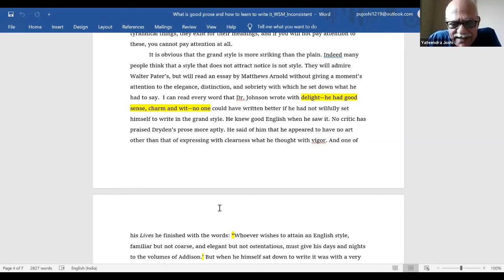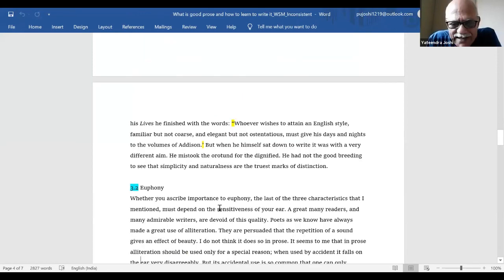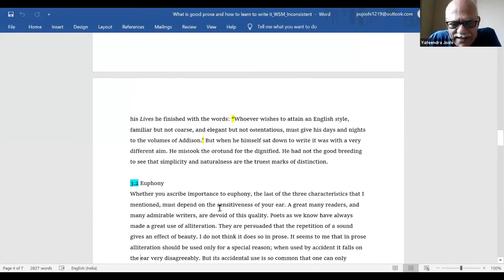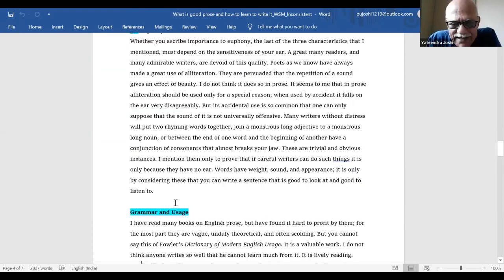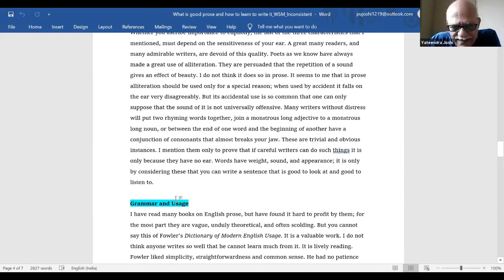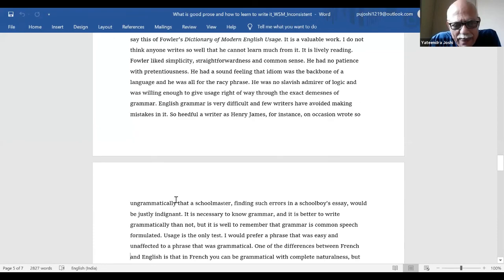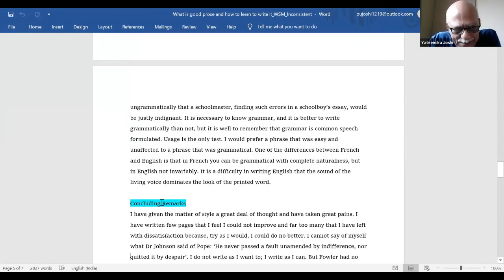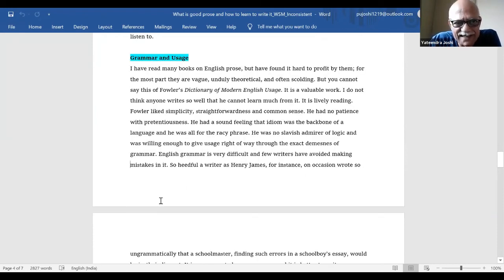Then, of course, this is double quote and single quote, so that is caught. Now here there's 3.2, but there is no dot after 2, and of course it is out of sequence. It should have been 3.3. Then he spelled with a cap, whereas all the other headings were in sentence case. Got it? Grammar and usage. And concluding remarks, again R is cap, but it is normal, not in bold, whereas the previous heading, grammar and usage, is in bold. So that again is inconsistency in headings.